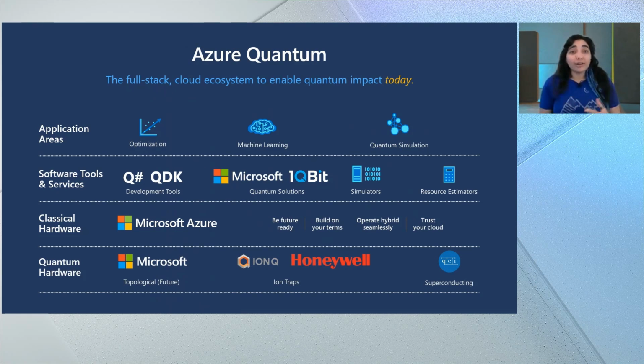Next, we come to the part that I'm personally the most excited about, the quantum hardware. Now, there are many different flavors of quantum hardware in development today around the globe, and this includes our own approach, which is based on something called a topological qubit. Now, Azure Quantum gives you the flexibility to write your Q# code once and run it on a diverse selection of real quantum hardware that are developed by our partners. For example, IonQ and Honeywell are building ion trap quantum computers, and QCI are building superconducting quantum computers. Of course, our topological qubits will also be made available through Azure Quantum in the future.